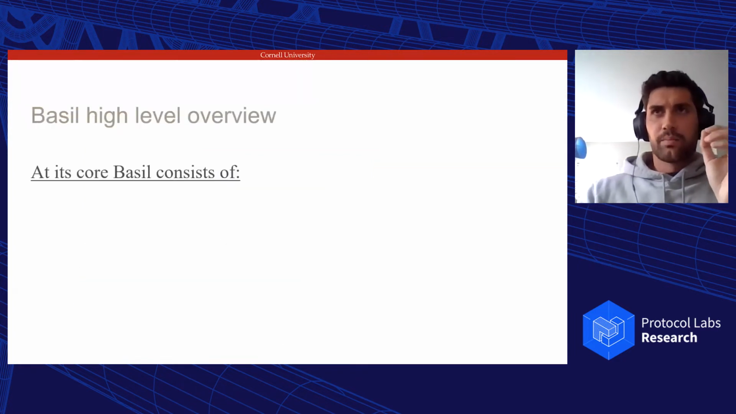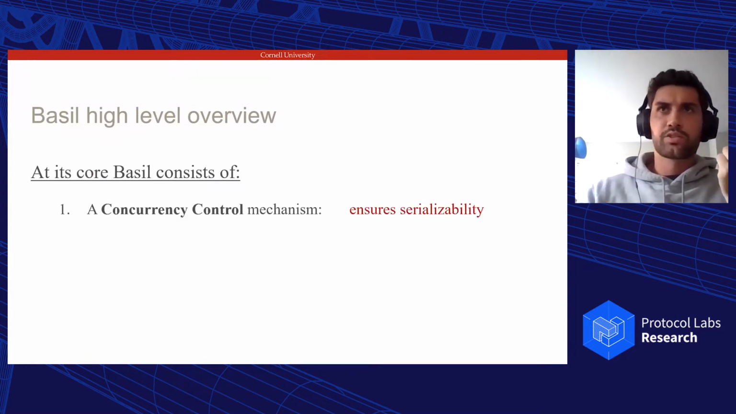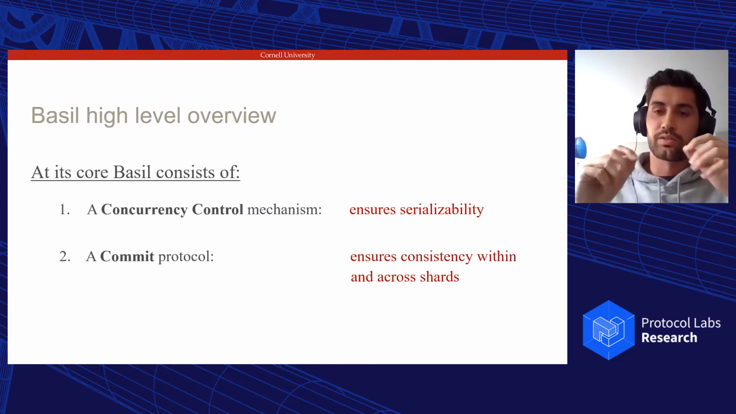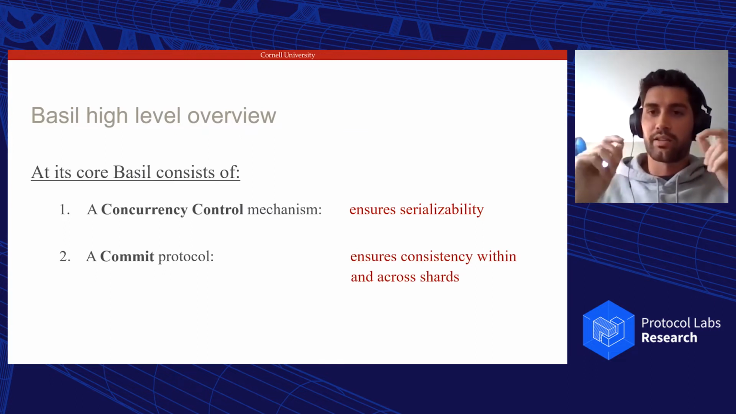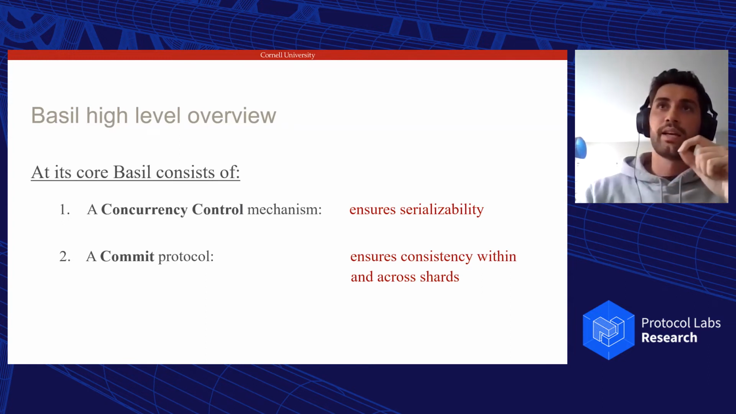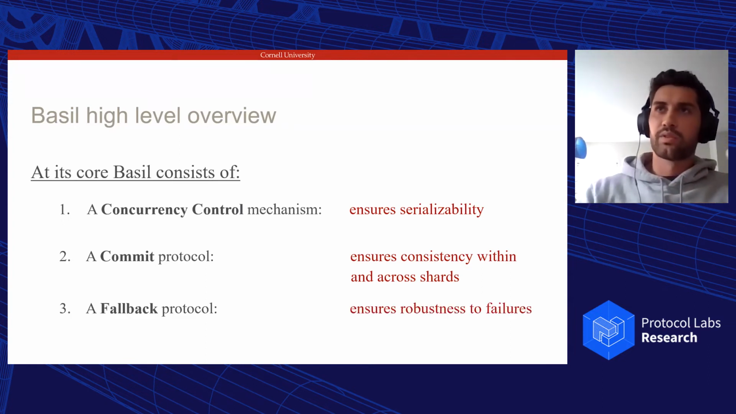At a high level, Basil is made of three core components. First, a concurrency control mechanism that allows for optimistic parallelism but ensures serializability. Second, a commit protocol that is integrated with the concurrency control protocol to avoid redundant coordination and efficiently ensure consistency both within replicas and across shards. And lastly, a fallback protocol that allows clients to retain independent reliability and liveness in the face of Byzantine client